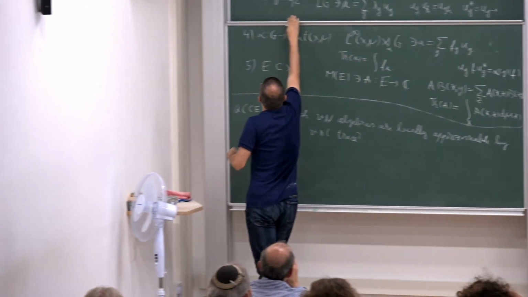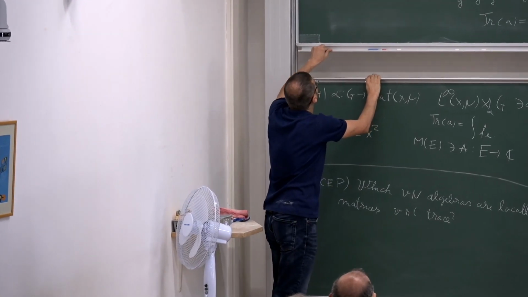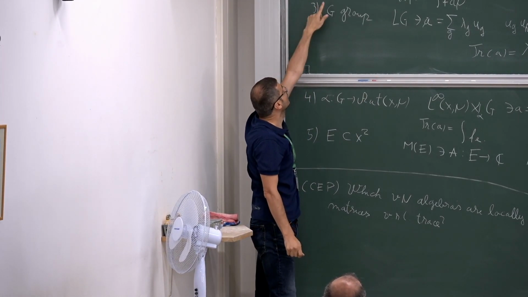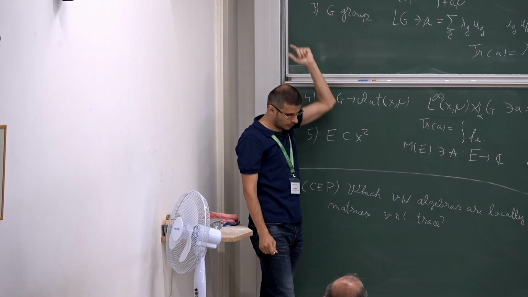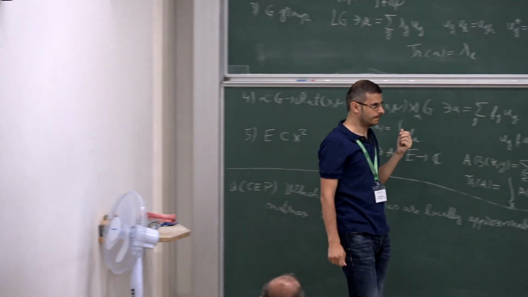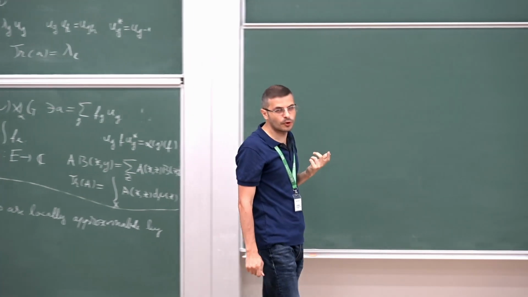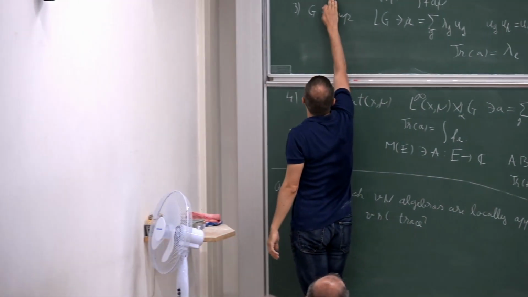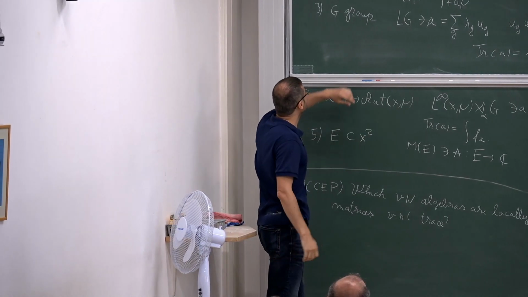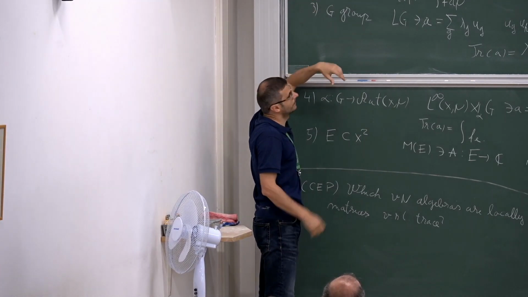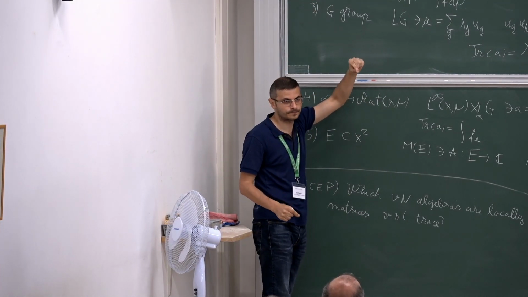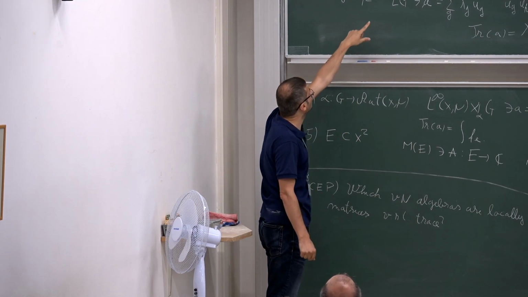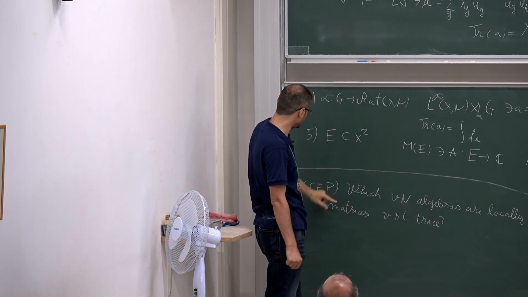Okay, so matrix algebras are always approximable by matrices. There is nothing to be said here. Abelian von Neumann algebras are always approximable, and the proof is not much more than the theorem that I just stated, that simple functions are dense in L infinity of x, and simple functions can be modeled by basically diagonal matrices.